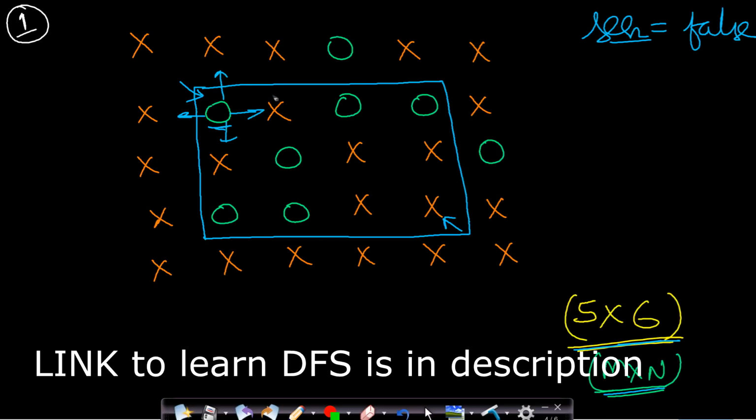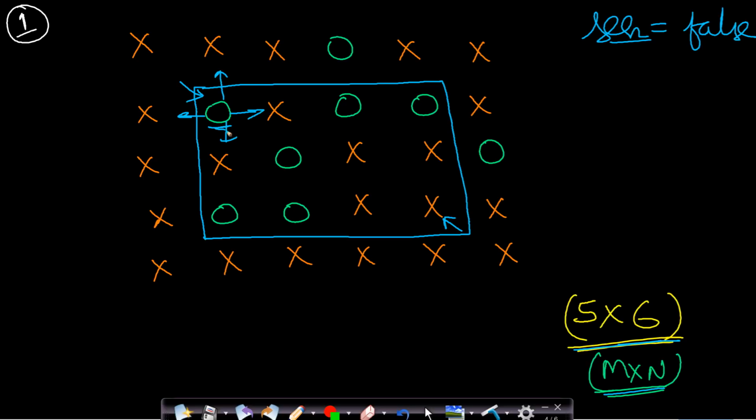You can see that in all four directions there is x. So in this case your scene will be equal to false, because scene is basically keeping track of whether the region is connected to any boundary zero, and if a region is connected to any boundary zero, then that region will not be surrounded. In this case you can see that this zero is totally trapped inside all x's. So this is a region, therefore scene will be false. And after returning from the DFS call, if scene is equal to false, then we will call a mark DFS function which will mark this entire region of zeros with x. So we will convert this 0 to x now.